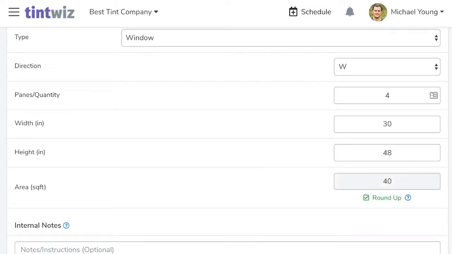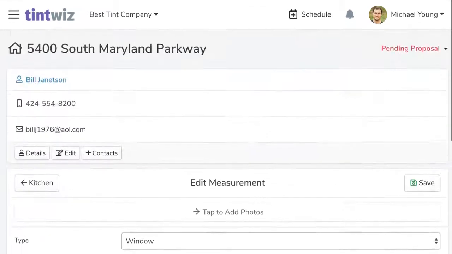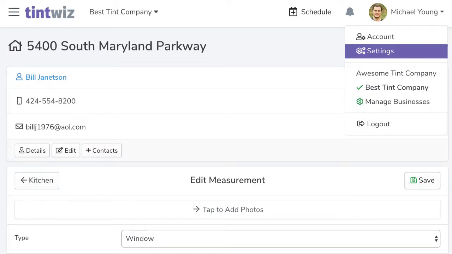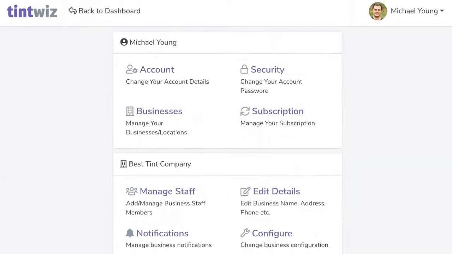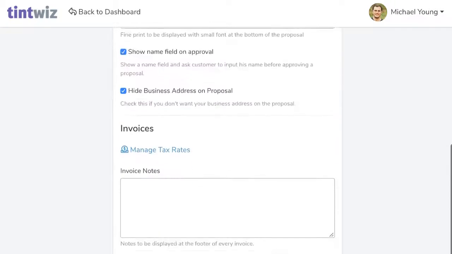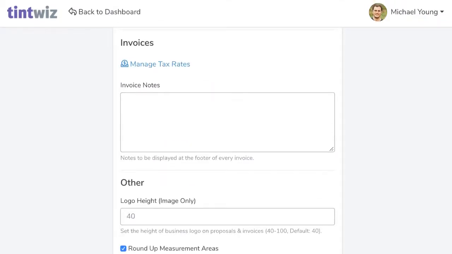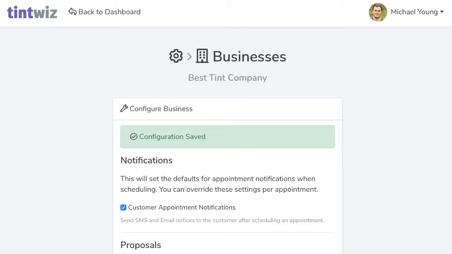However, this isn't where you set it permanently. So I happen to pick measurements that come out even. Let me change that. So, okay, this is where you can toggle it between the actual measurement, but where you want to set it in the settings area is right here in the settings. You're going to go to configure, and this is right here where it says round up measurement areas. I had that set, check there. So by default, it's going to round up my measurements, and that's how it's been, and that's how it continued to be. Now, if I uncheck that, and let's go back into measurements,